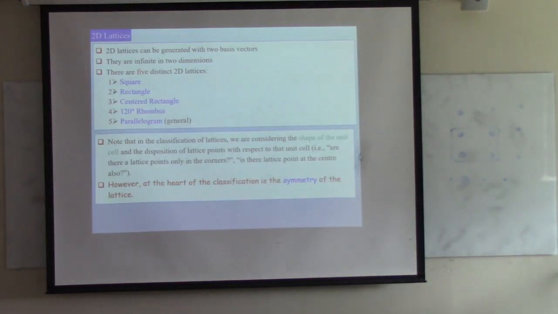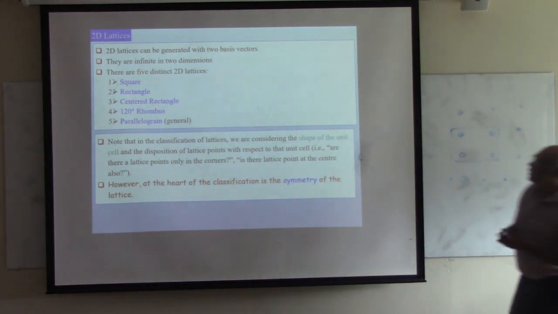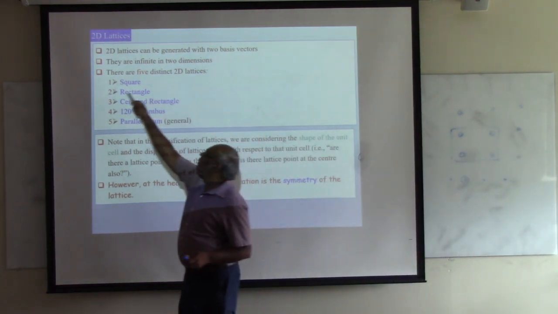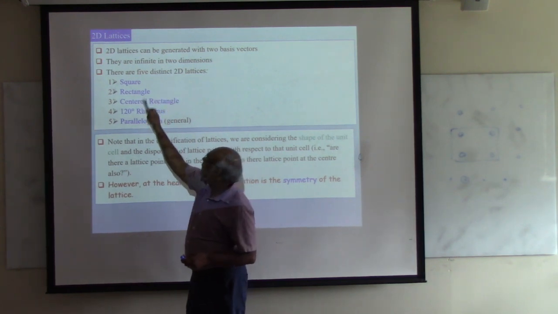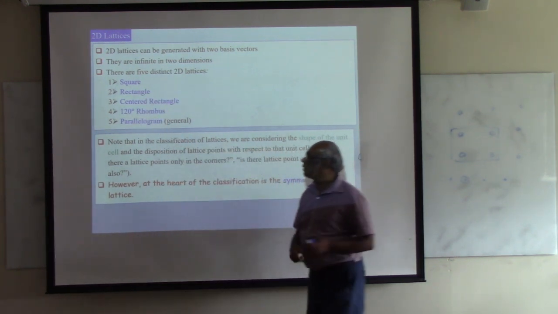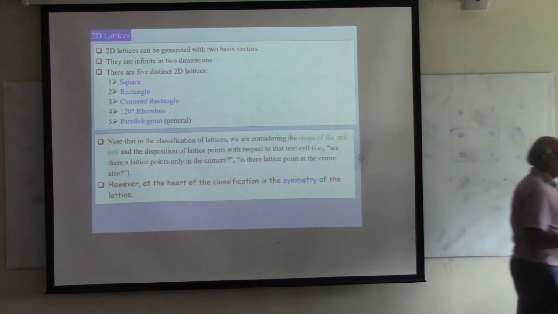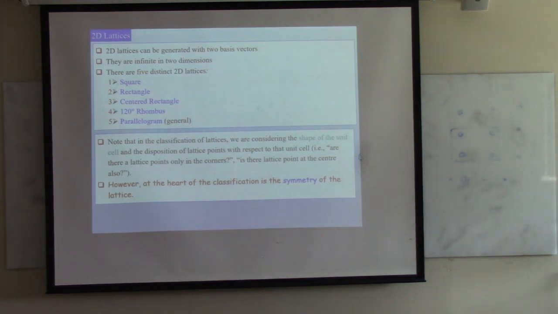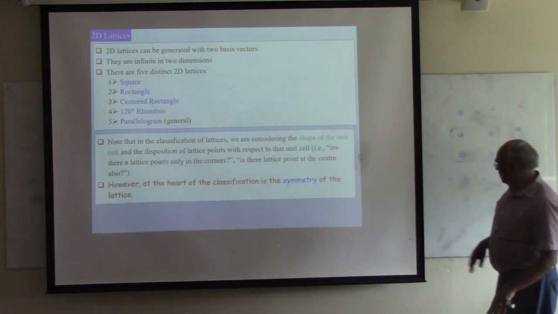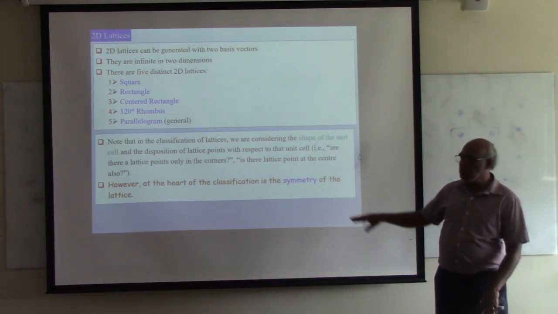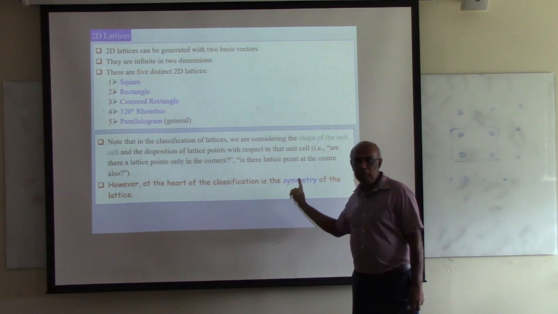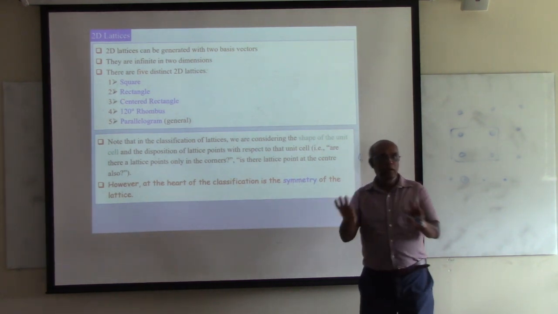So yeah, these are the ones we talk about, right? So square, rectangle, these two belong to one crystal system, right? But they are different lattices. So this is why we need to talk about everything. This classification comes from not just the arrangement of lattice points, it's by the symmetry. Symmetry is the most useful thing, how we do this